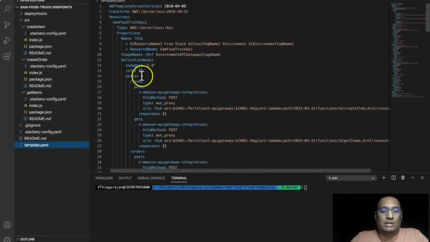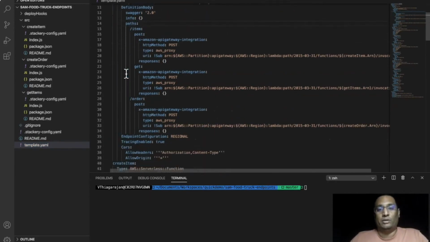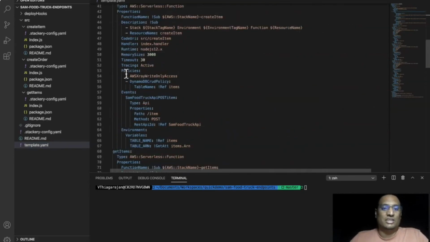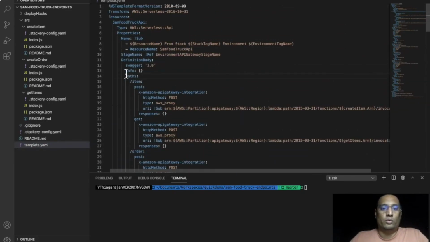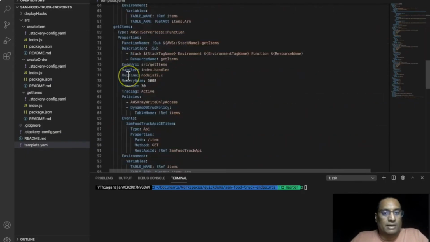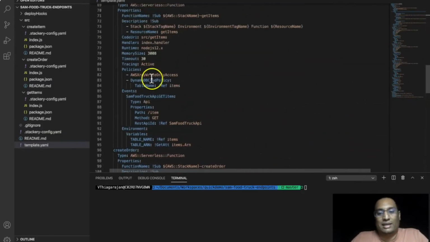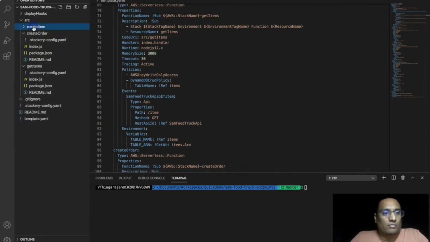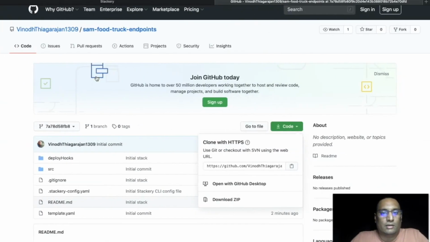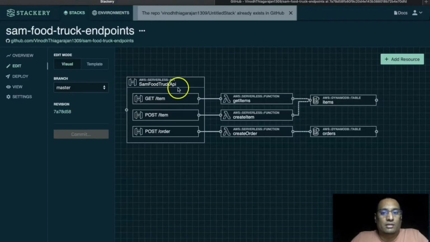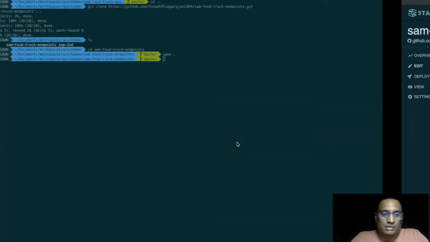What you see here is the Swagger 2.0 way of defining it. You can just copy this whole thing and put it in SwaggerHub and start to define the API over there. It will still work, just that it is following OpenAPI Spec 2.0 compared to the 3.0 latest. But this is the template YAML. You don't need to understand any of this right now. But what we saw there, all these drags and drops we did within a minute, resulted in